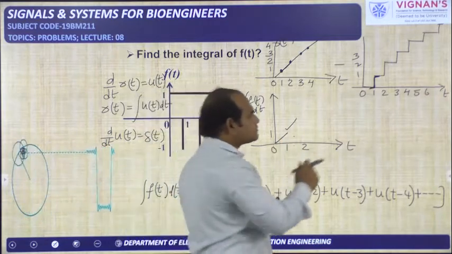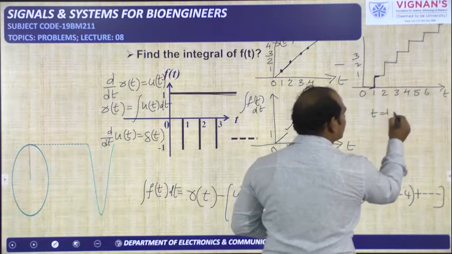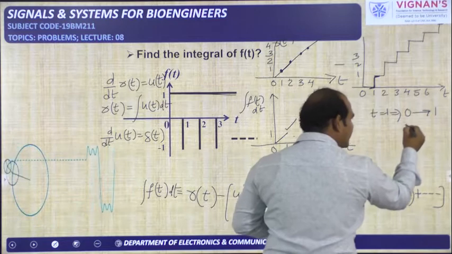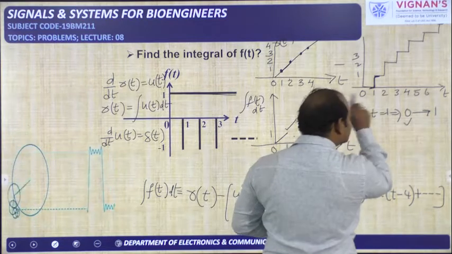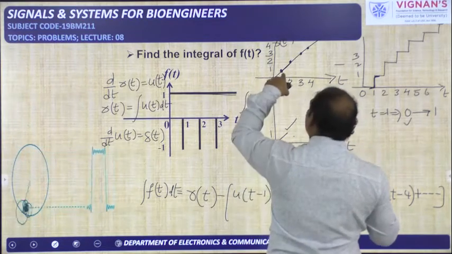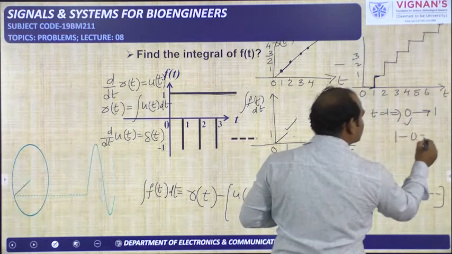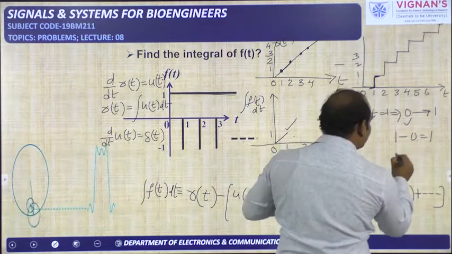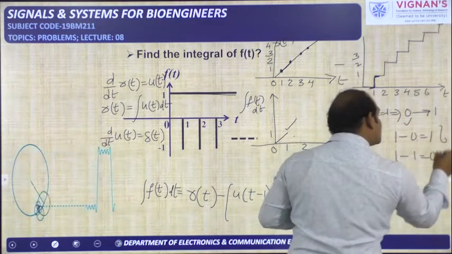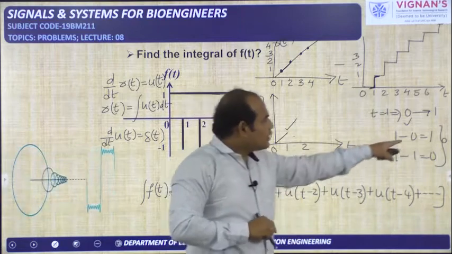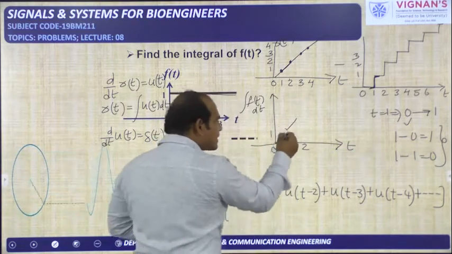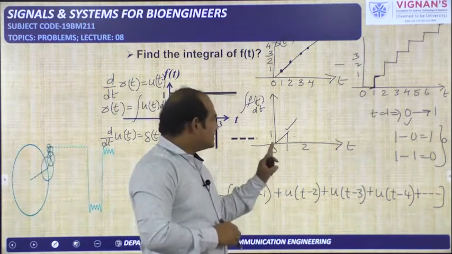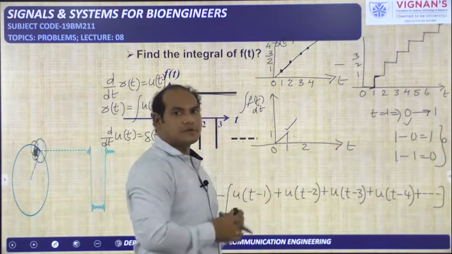Are you getting? You see, at t is equal to 1, actually what is happening? Amplitude is changing from 0 to 1. If you take this one, the subtraction of these two at t is equal to 1 is surely 1. So 1 minus 0, that is 1. But if you take this one, the subtraction of these two will be 1 minus 1, that is 0. So these two things you should represent. 1 to 0 will come. That means here also you will get discontinuity. Are you getting this one? This is the point you have to understand from this problem.